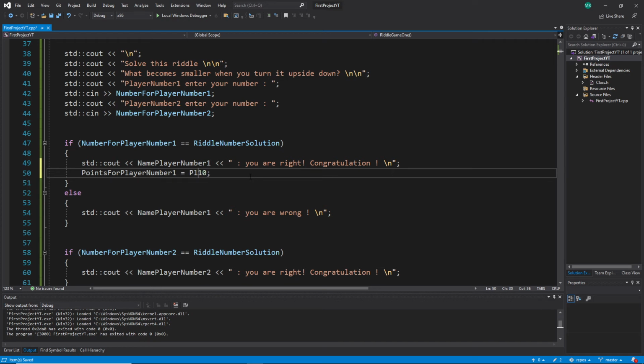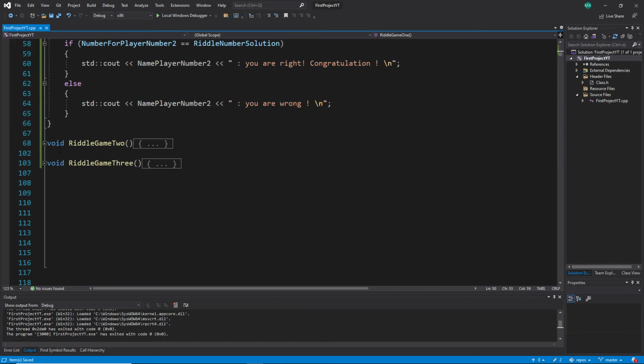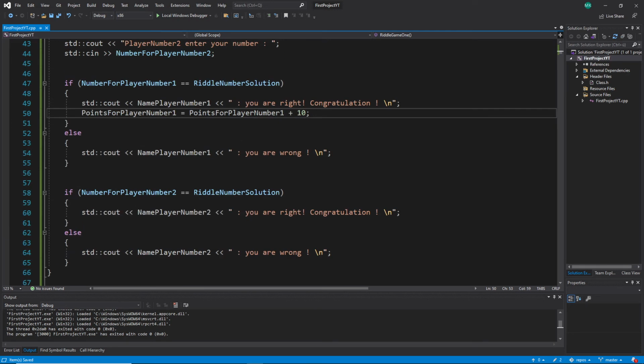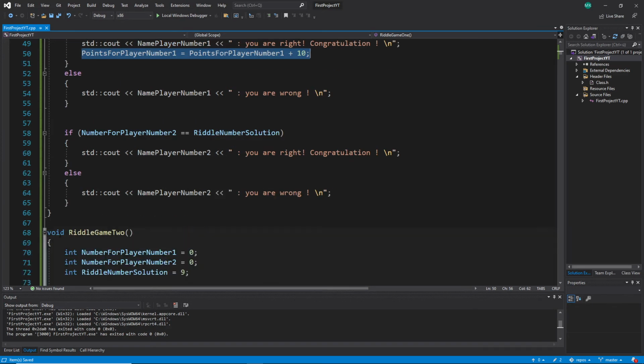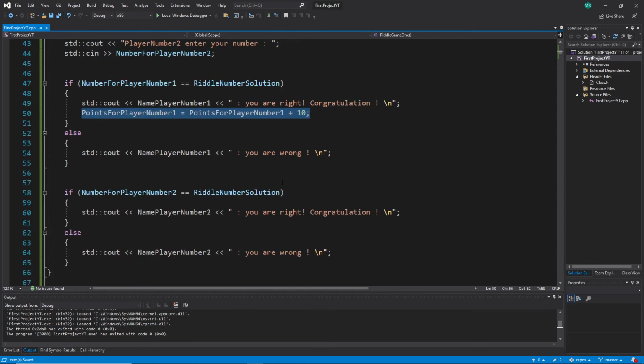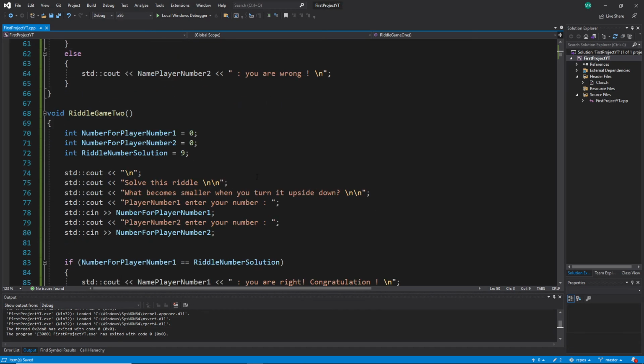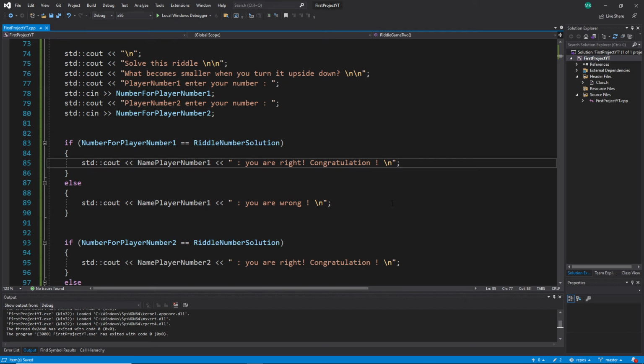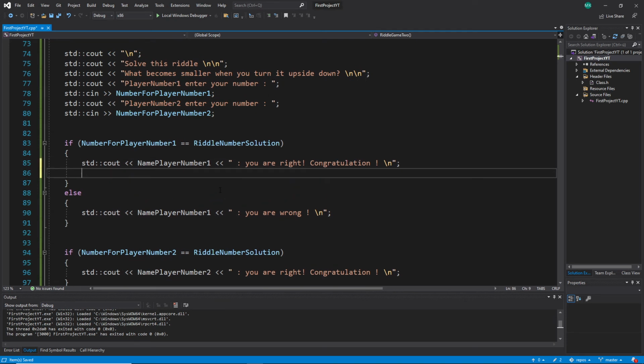Good. And I have to do perhaps this one here. Again, let's do this one here. And the reason why I'm doing it this way is perhaps I can use this one in all other functions too. With this calculation, I can now reuse it all the time when I'm calling it. Let's do this here just for this test purpose too, even if it's not right. Let's copy, we check just that the functionality is right here. So let's go here, this is player number 1. If it's right, 10. And the same goes later for